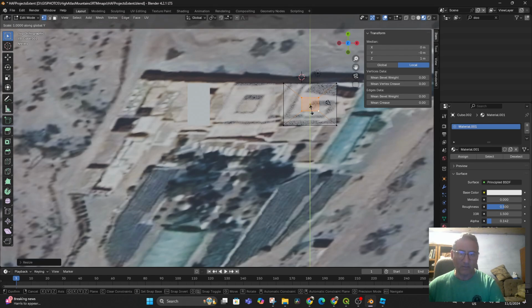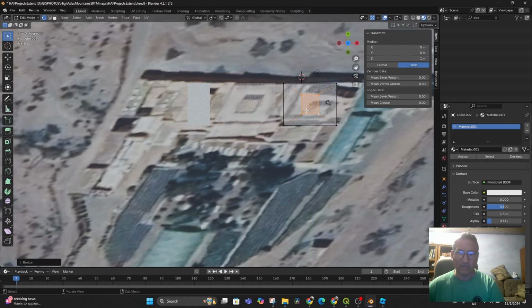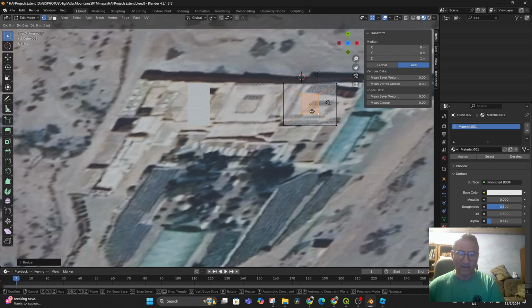And again, make it a little bit bigger this way, but then let's grab it and move it down in Y